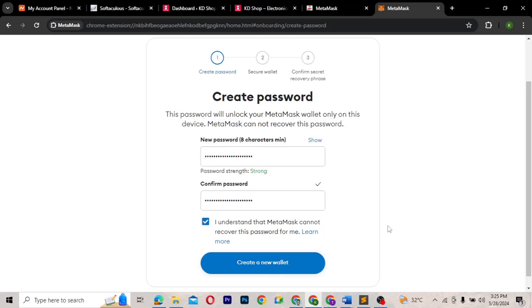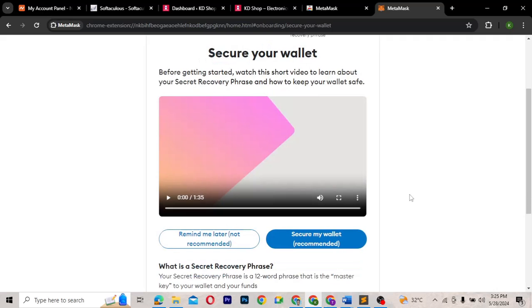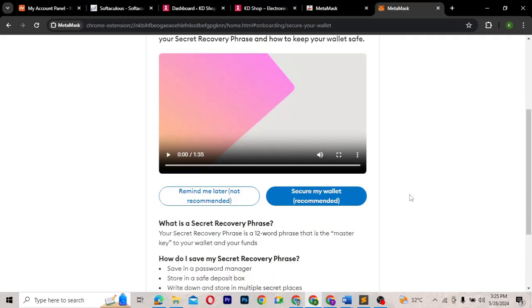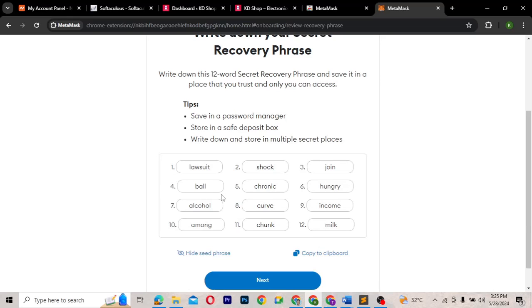So I'll click on create a new wallet over here, and as you can see, we have to secure our wallet. To secure our wallet, we need to get a secret recovery phrase. So I'm going to click on secure my wallet, and then click on reveal secret recovery phrase. This is a secret recovery phrase, so make sure that you copy it and save